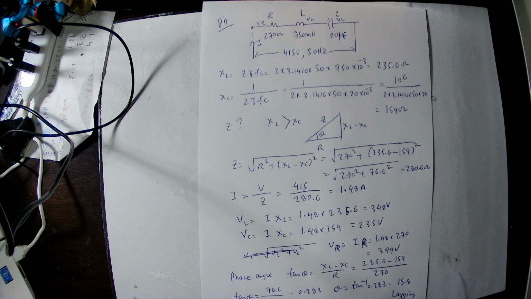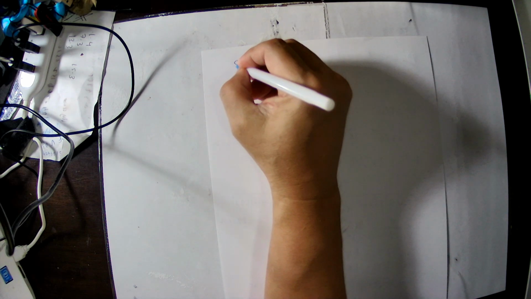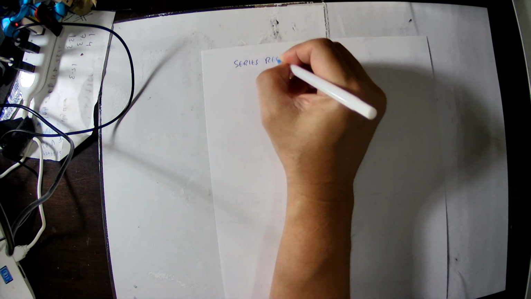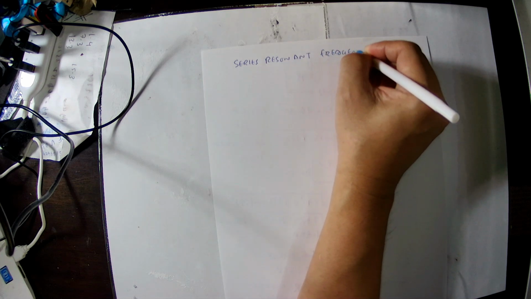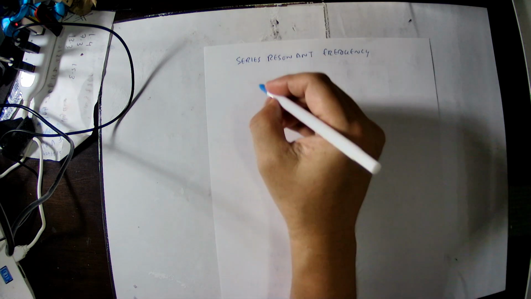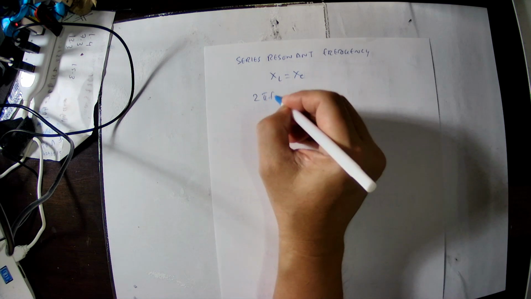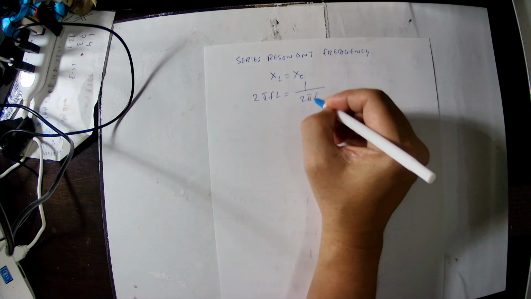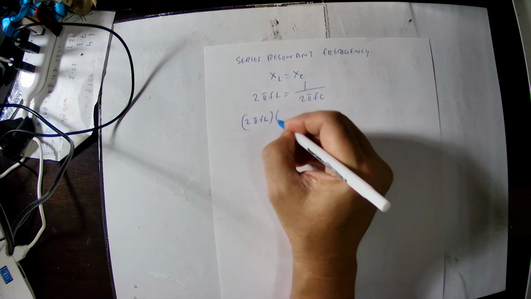And another thing is that we have to find out the resonant frequency. At resonance, XL and XC are the same. We find out the series resonant frequency. At the time of series resonance, we can write the equation that XL equals XC. This is series resonance. The XL value is 2πfL, the XC value is 1 by 2πfC. So we multiply to this side, so that will be 2πfL multiplied by 2πfC equals